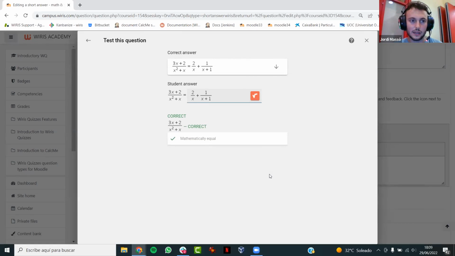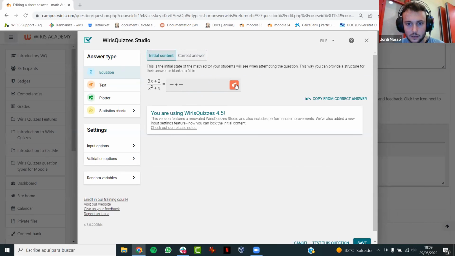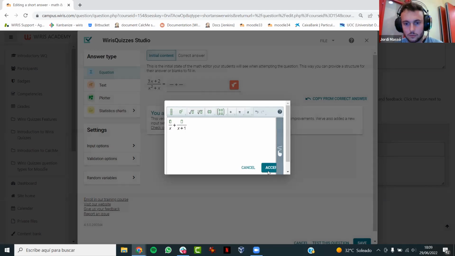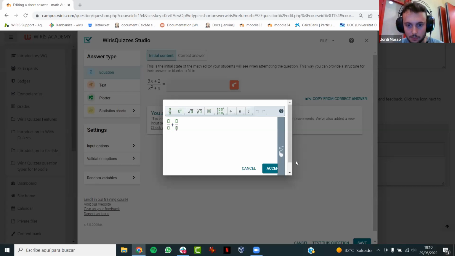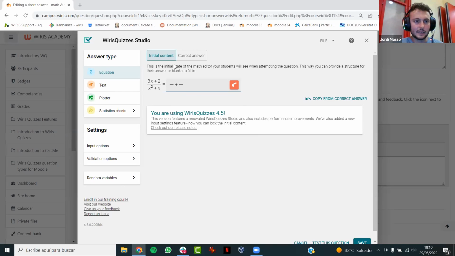He can write wherever he wants, but he cannot change the structure of the correct answer. So we are forcing the student, and we are indicating that the answer needs to be expressed in this way. And we could also give some clues here, like, okay, we are giving the denominator, for example, but it wasn't properly saved. But what I mean is that it's possible to define more things besides just the blanks. So if you are interested in giving more details in this initial content, it's also possible, but the main goal is to force these students to